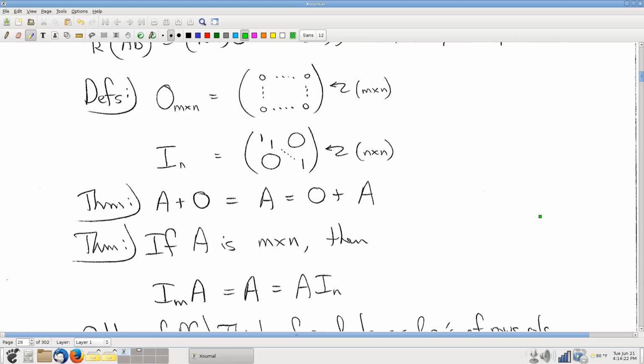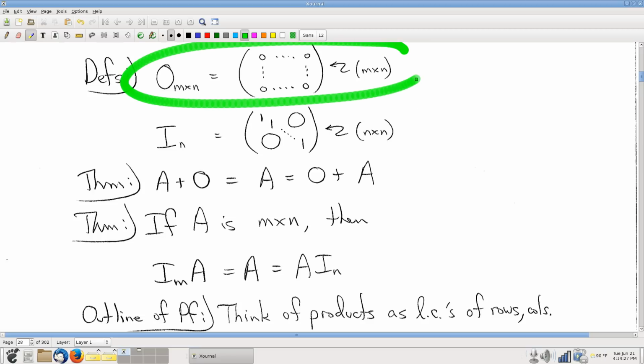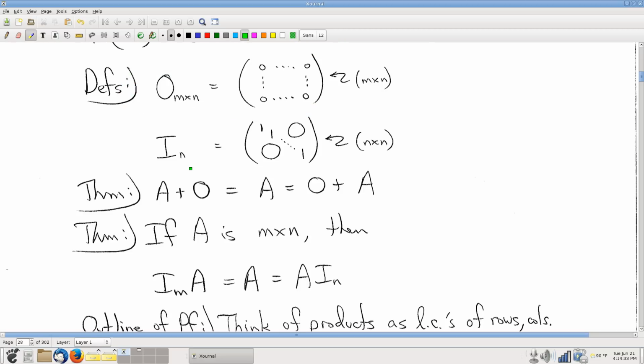Okay. All right, some definitions, objects of interest. The zero matrix. Pretty clear why we call this the zero matrix. It's made up of entirely zeros. We need to distinguish the zero matrix of different shapes, so we'll note here that this is the M by N zero matrix, because it has M rows and N columns. Now, less clear